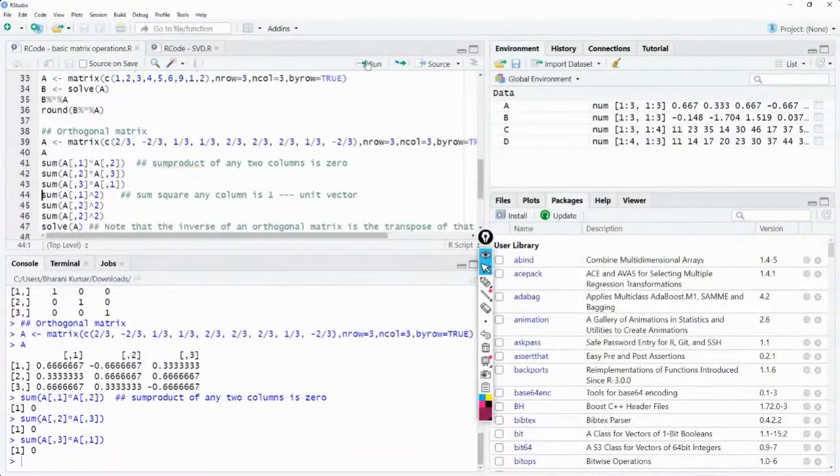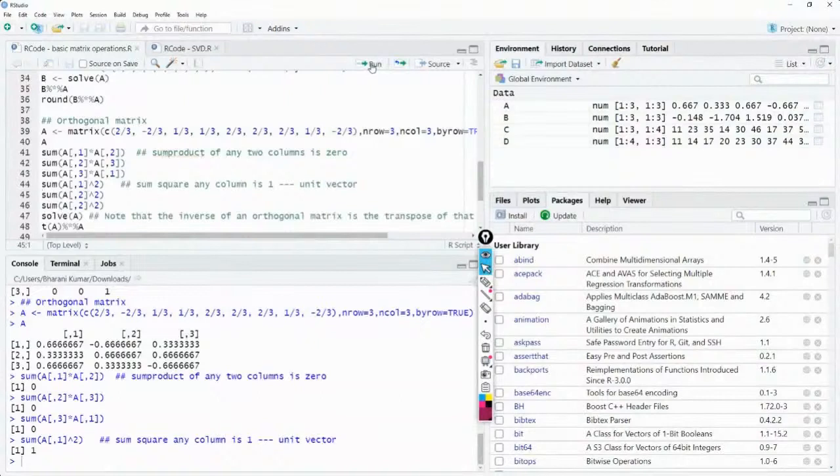Same way when you multiply any 2 columns, you get 0. When you square each and every value and add them up, you get 1.